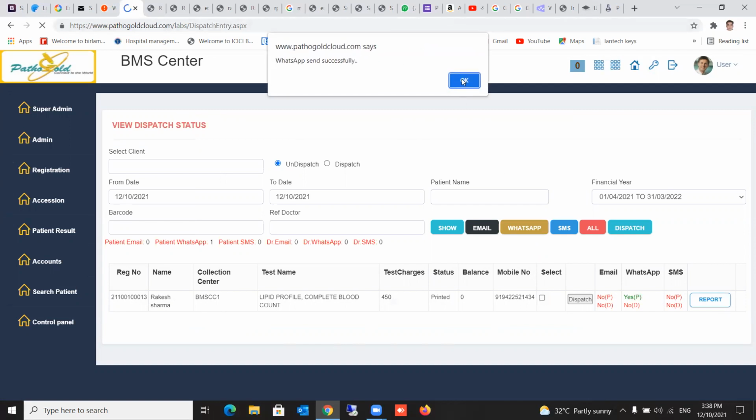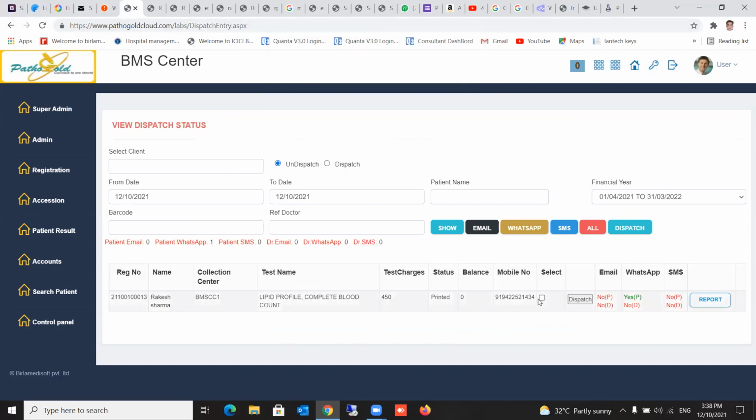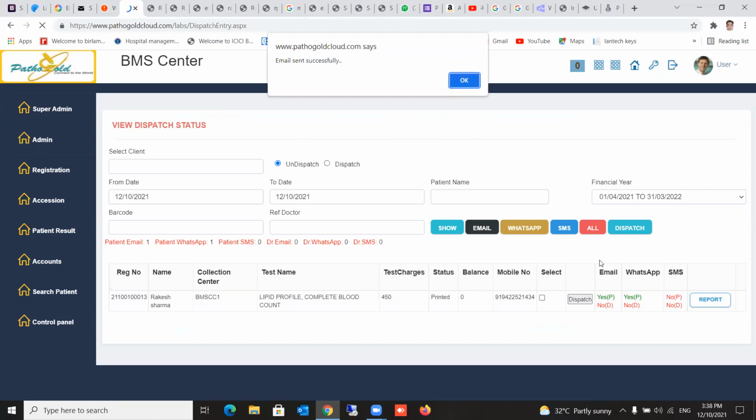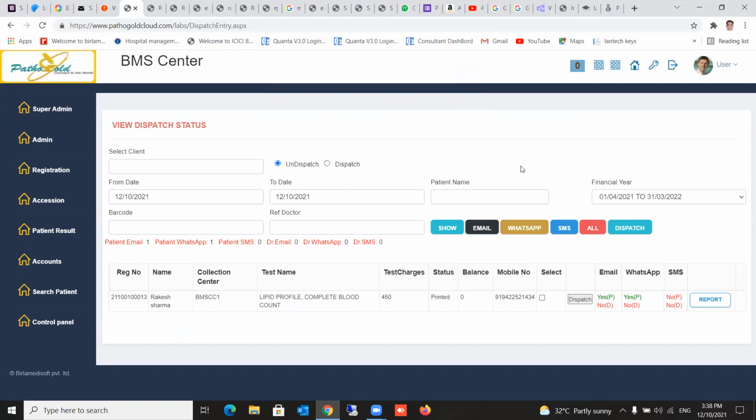See, WhatsApp sent successfully. Now click on this button. It has turned green now. It is sent already. Click on this button and click on the email. Email will be sent now. Email sent successfully. So this way you can send complete information.